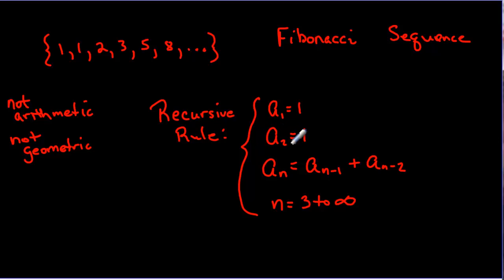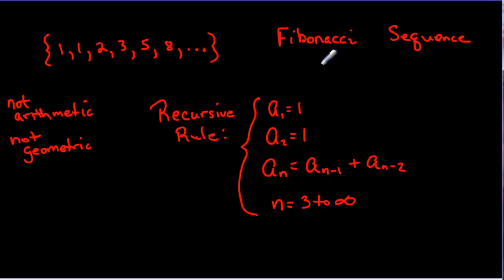So this would be our recursive rule for this function. I did some research. The explicit rule for this is a very complicated function notation and formula. It's not something that we're going to be able to come up with easily here. So if you're interested in that, you could do some more research. Fibonacci sequence, some of you have maybe seen, people see evidence of the Fibonacci sequence in